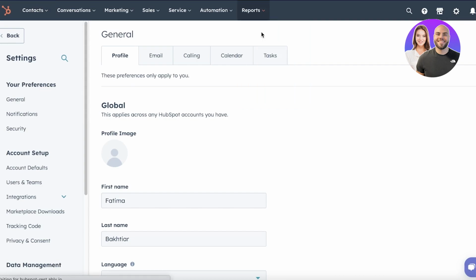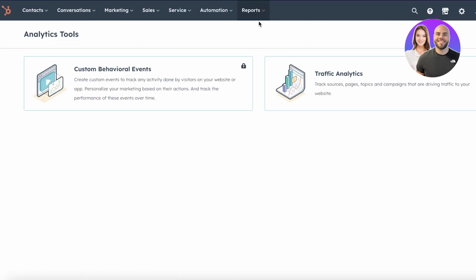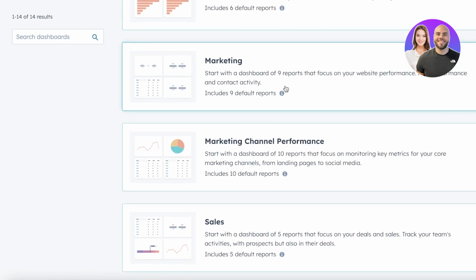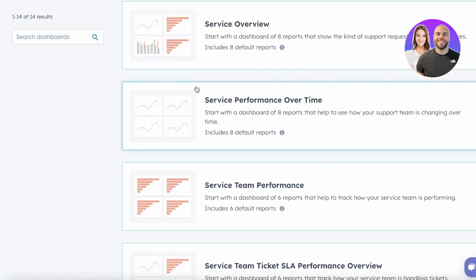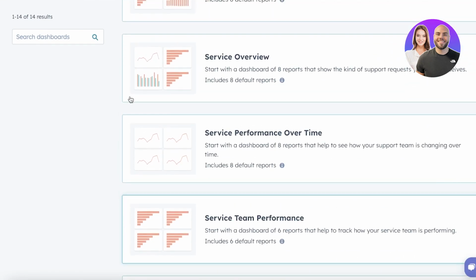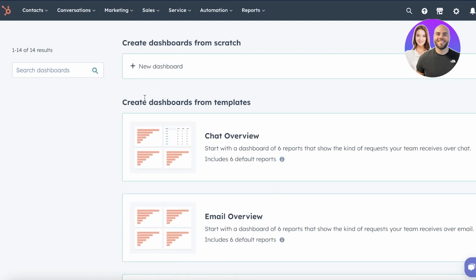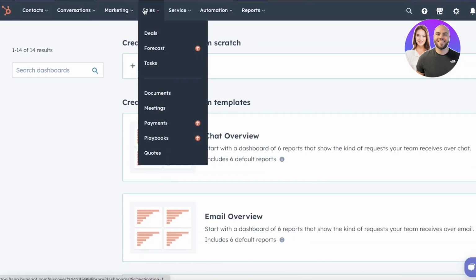Now, other than that, you also have reporting and analytical tools, which will enable you to manage your ticketing system. Especially if you're a manager or an owner, you can get an overview of how your different employees are working, who is making how many deals, what the amount of deals, what is the value or monetary amount of each deal as well. So if you want to manage your finances over here, you can go into your sales section